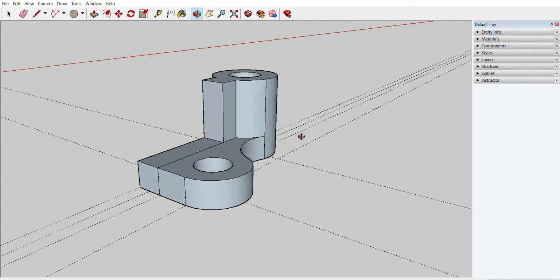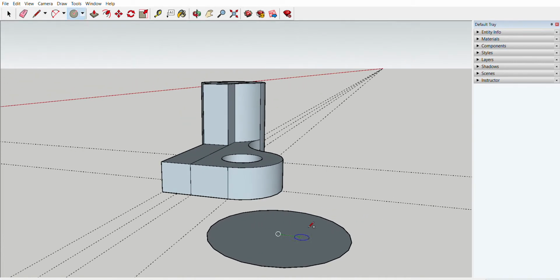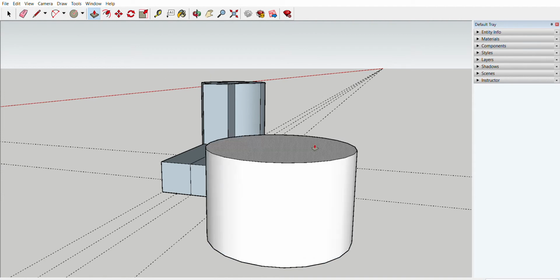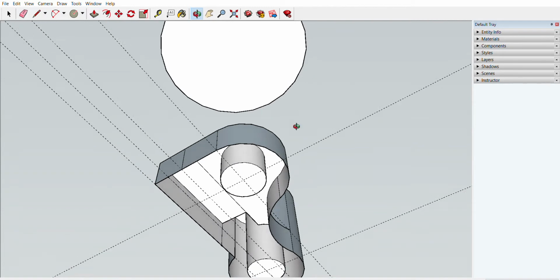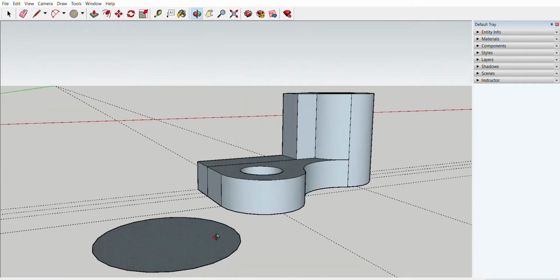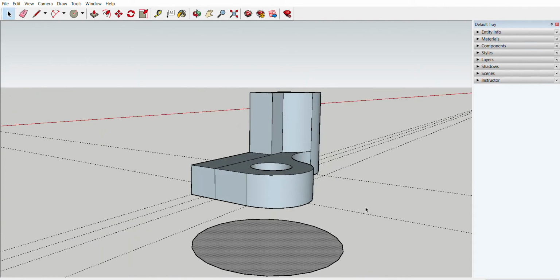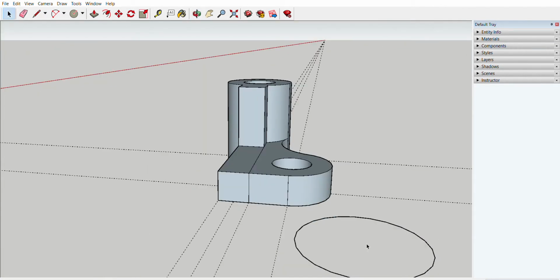So if I quickly draw a circle and it comes up blue, this tells me that this object is reversed. So if I pull that object, it's going to pull out the base. And if I check under it, well, I guess it didn't work that time. But usually when the faces are reversed like that, they come out blue. So you have to select it and then reverse faces, and it will turn white. So that's what we need to do for ours,